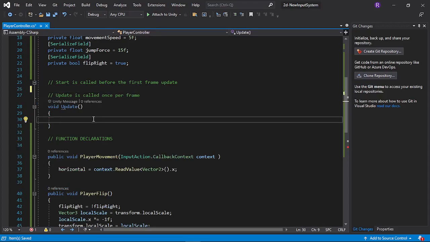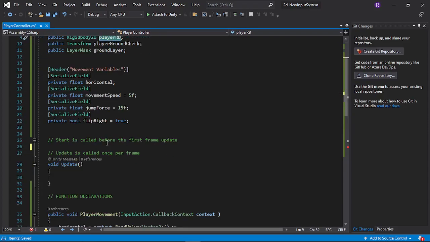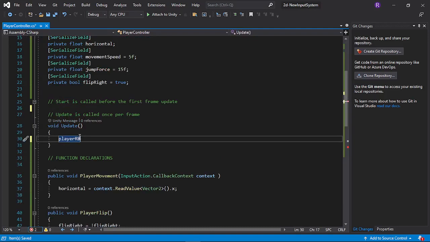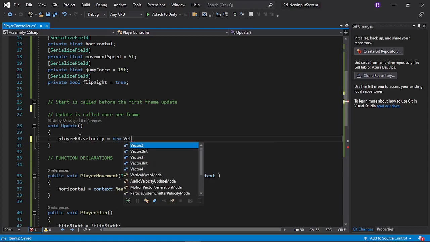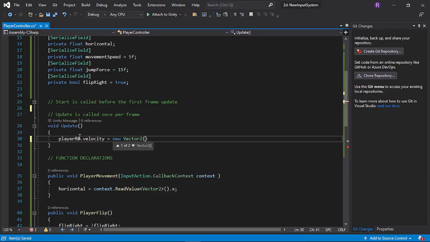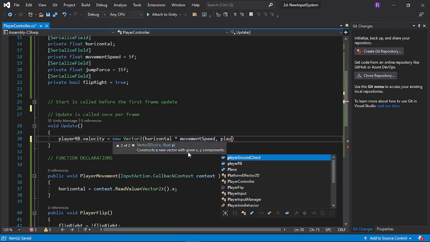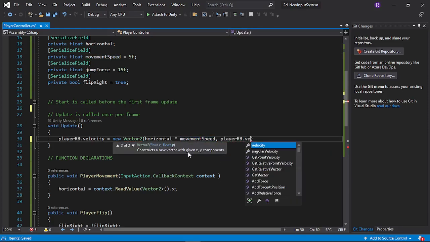Let's reference the player RB rigid body, and then target the velocity, and let's have a new Vector2. Let's give that horizontal times movement speed, player RB dot velocity dot y,